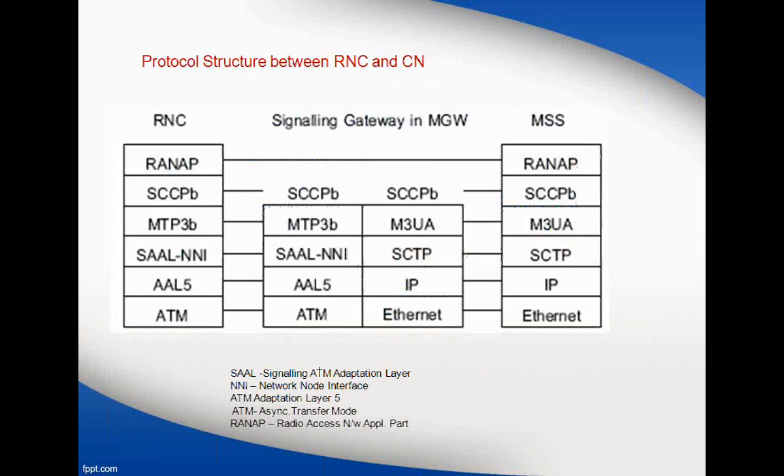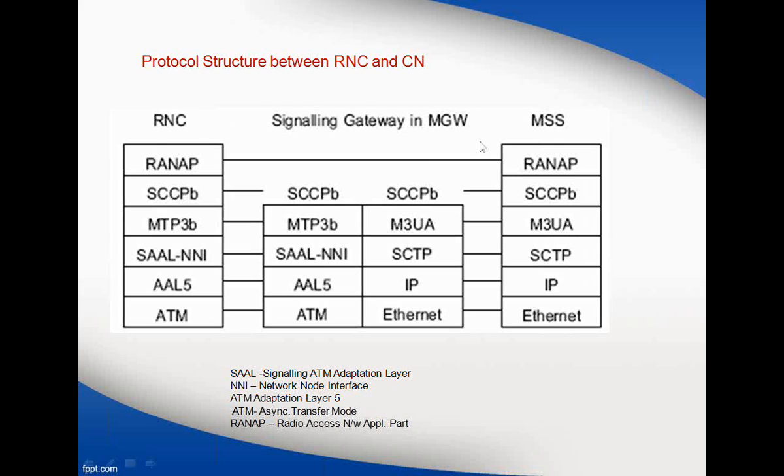So here you have your RNC and the CN. When we say this UMTS radio network is going to talk to the core network, obviously there used to be a protocol structure between the radio network controller and the core network. I mean, we need a gateway again to make this RNC and core network communicate with each other. So you have the signaling gateway, and a media gateway, we generally say, but several media gateways can be combined and they can even form a switching center.